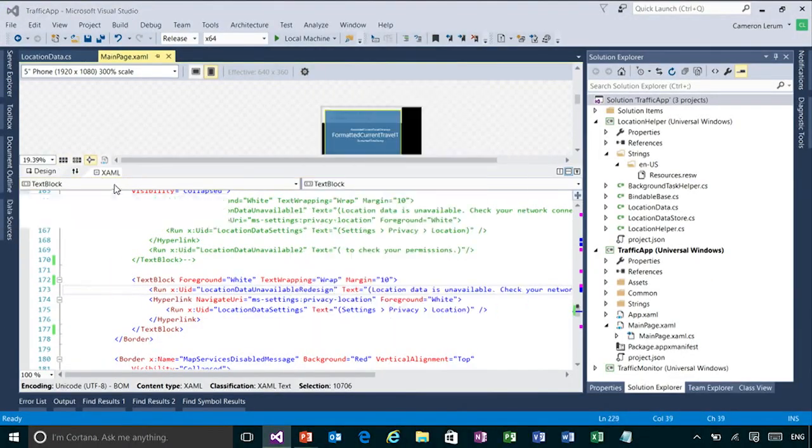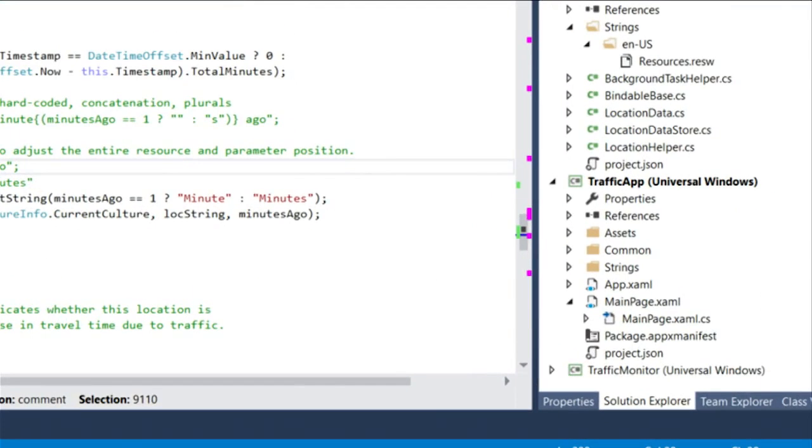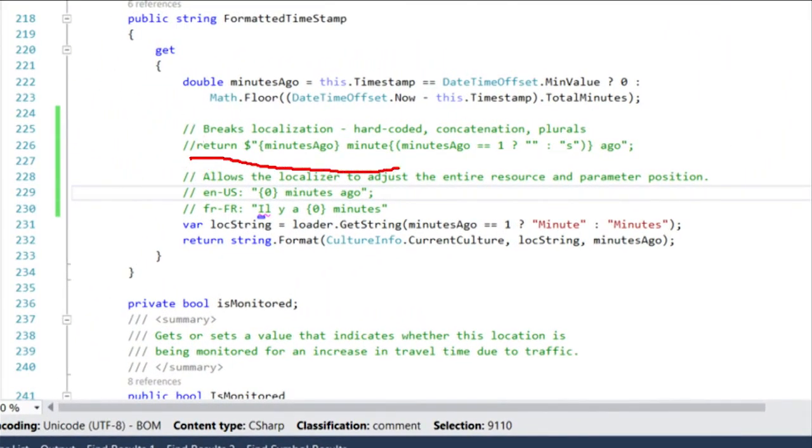All right, so another area is we talked about concatenation, we talked about hard-coded strings, and we talked about plurals. Here's another section of code that we found in the system when we went to run this localize for the first time. This line right here is what the original code was, and it breaks all three of those rules. We have a hard-coded string that's concatenated, and we use plural based upon adding an S or not adding an S. So this is a great example of something that is going to break your software when you go to try to have it localized. You can't necessarily just move this to a resource file, but we did in this